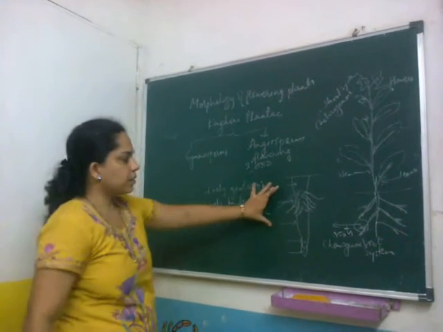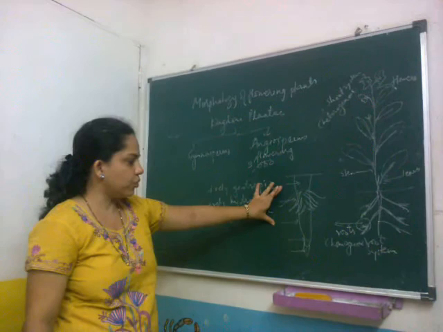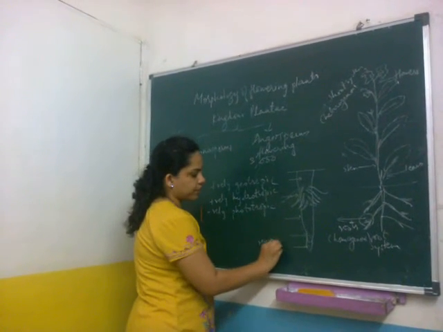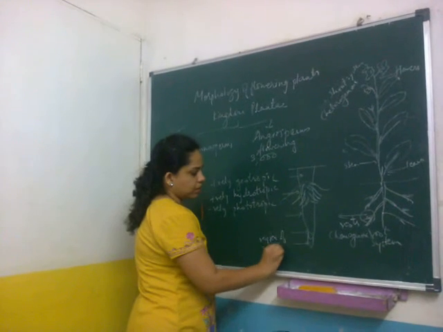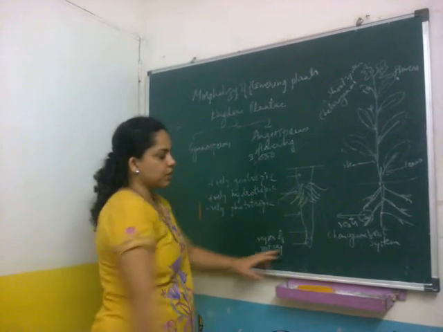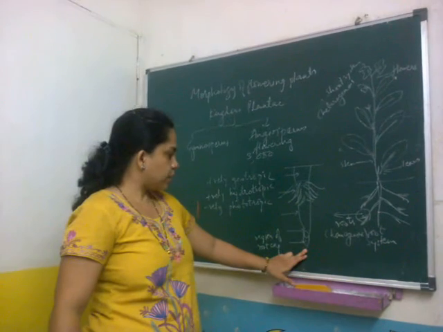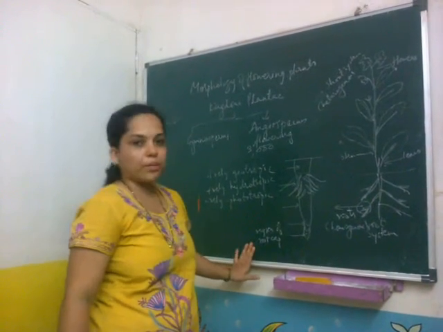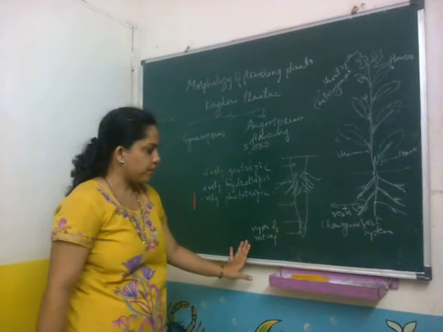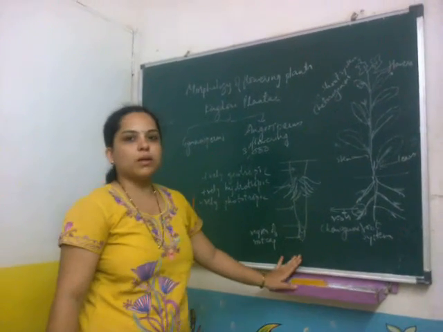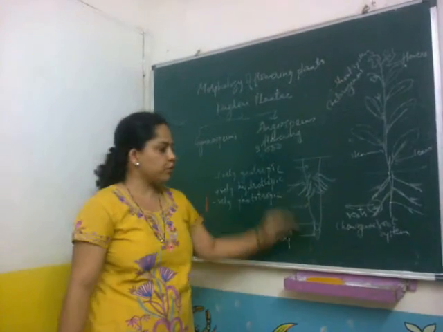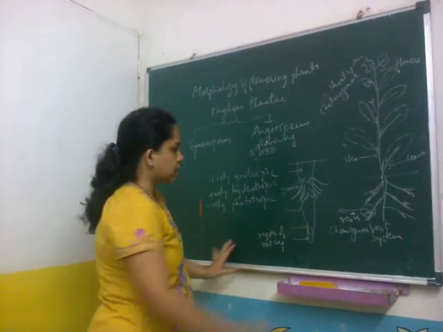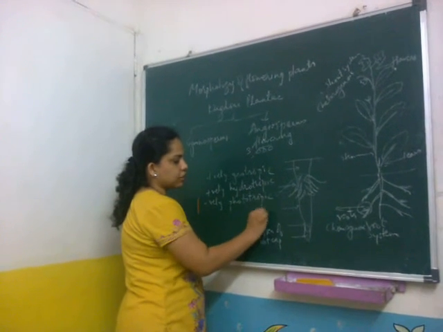Now, as I said, let us study the different parts of the root. First is the root cap. This is called the region of root cap. The apex of the root is a very delicate portion, and that's why it is protected by a cap-like multicellular structure which is called a root cap or root pocket in some plants. Its function is to secrete a mucilage, a lubricant which will allow the easy passage of the root deep into the soil.